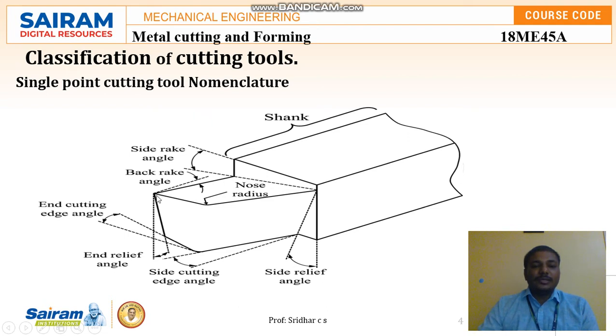So this is what we call the cutting edge. We are going to fix the tool according to the requirement, meaning according to which type of material we are going to use, based on that we select the type of tool, the particular angle or machining process. So we fix the tool, and then give the tool feed or depth of cut in order to remove the excess material. Now we'll see the explanations for all this process.